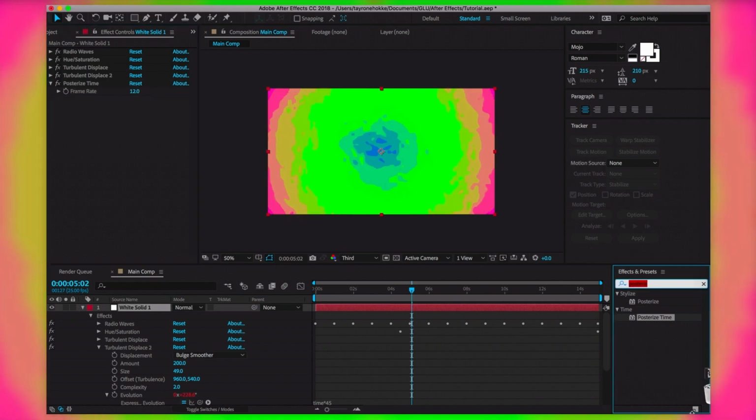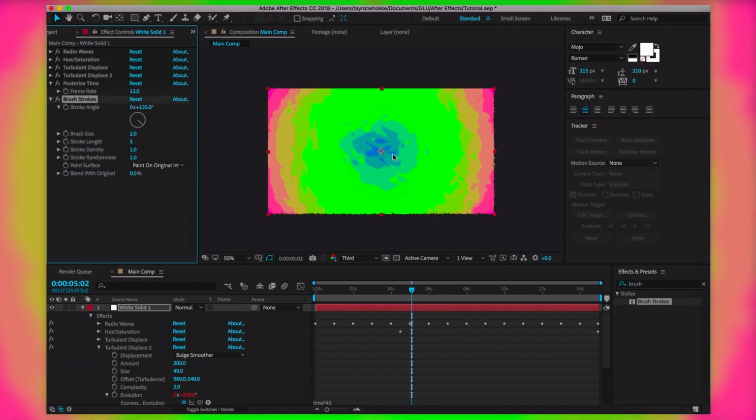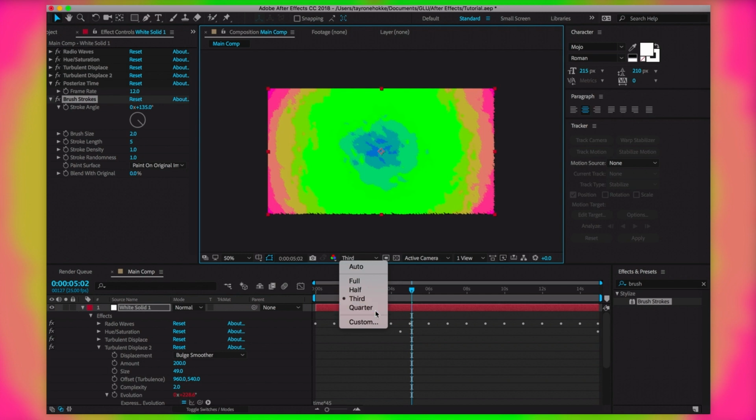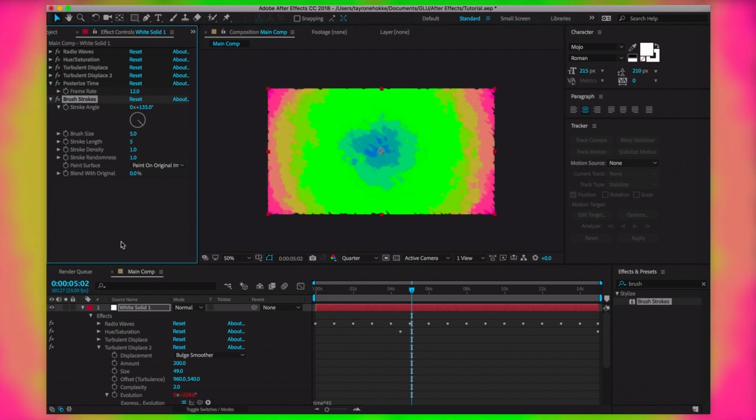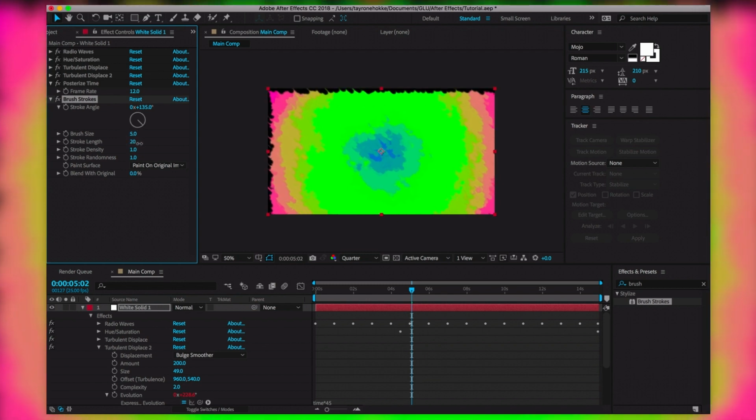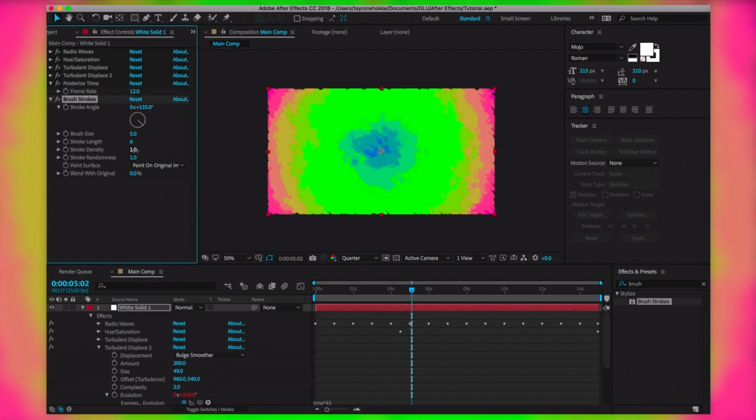Wait, I'm gonna show you one other effect named brush strokes. And what brush strokes does is, well, it's a stylizing effect, so it will turn it into, well, brush strokes. Let's set this to quarter to just make those strokes pop out. Turn up the brush size, stroke length just a little bit, density a little bit, randomness. Let's leave the angle right where it is. Let's set this to like 3,